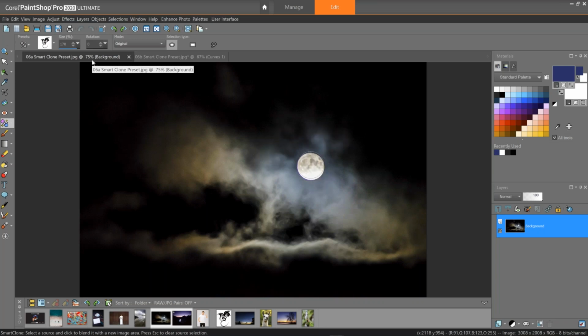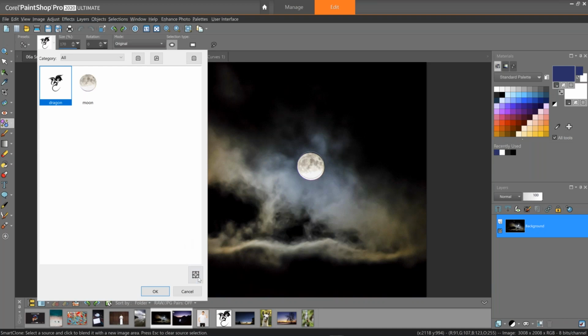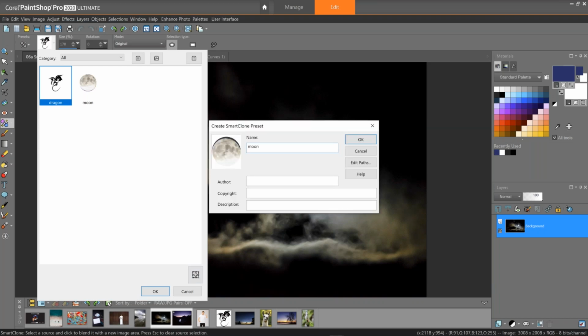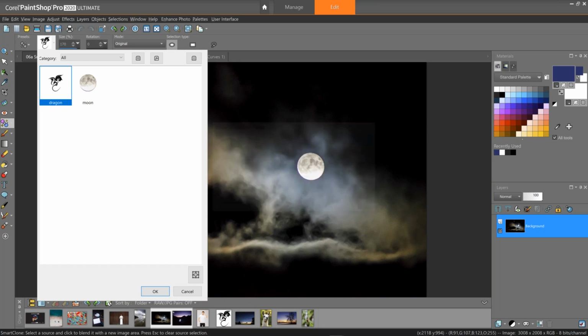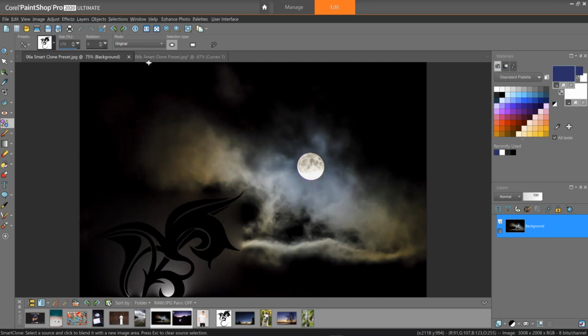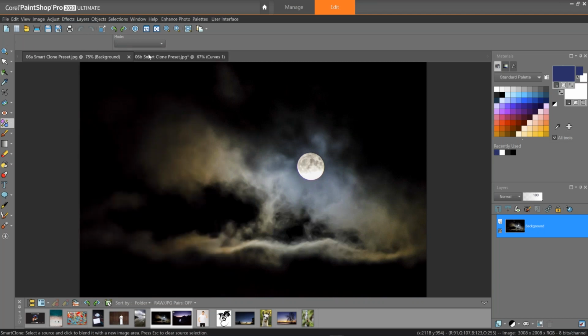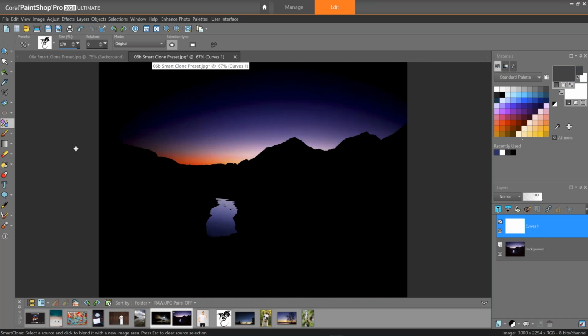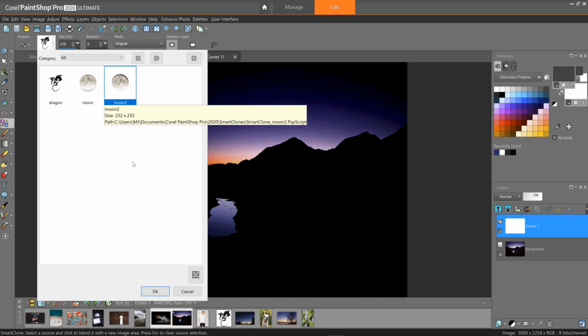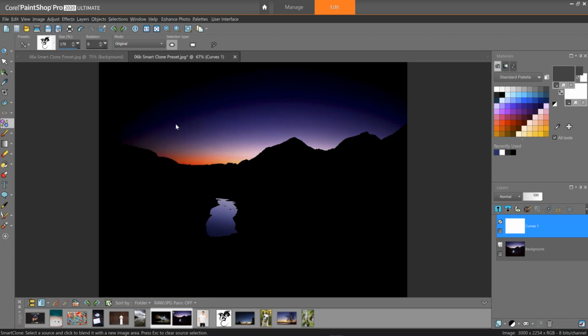So what I would then do is head over to the presets option right here, and tell the computer I'd like a new preset, and I'll just call this Moon 2. You can see I've created one already, but just for your benefit, I'm showing you how this is done as well. We'll hit the OK button, head back to our Smart Clone option. We're still in the Smart Clone tool, but it's giving us this dragon image because that's the brush it's currently set at. I'll choose Moon 2, hit the OK button,